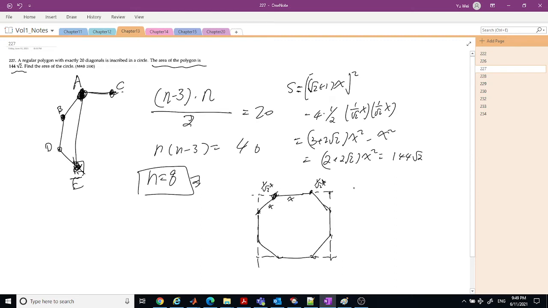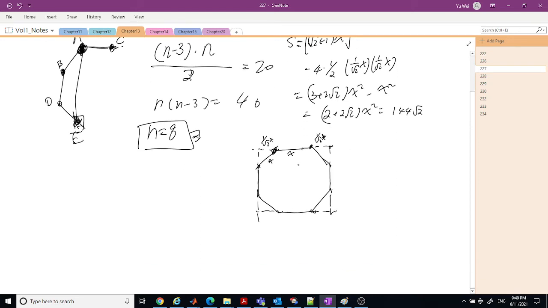Okay, so now based on this we can solve the x, right? Now we want to see what's the area of the circle, right? So that's why we want to solve this radius. So the radius, now we know this angle is 45, this angle is 135, right? So we want to solve the radius. To solve the radius, we want to use the special angle of 135, right? So if this is 135 and we know this is the